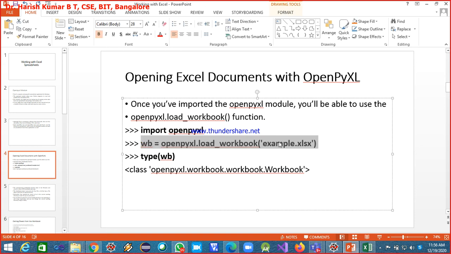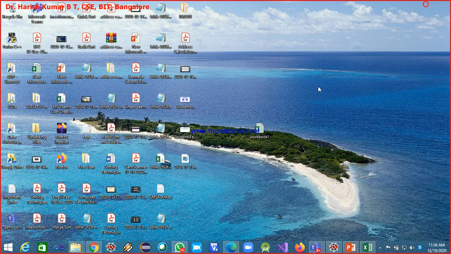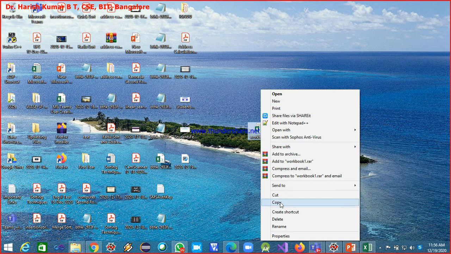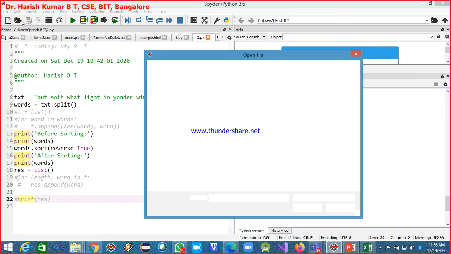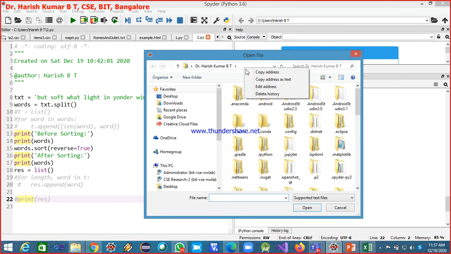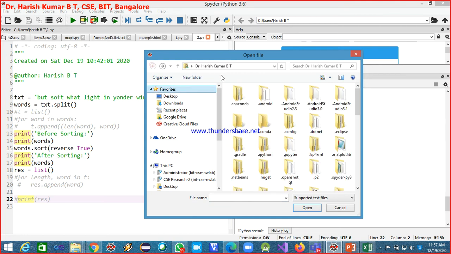Now I am just trying to load the one which I have created right now. Let me copy my present working directory. My current working directory is where I am now. Copy the address as text.